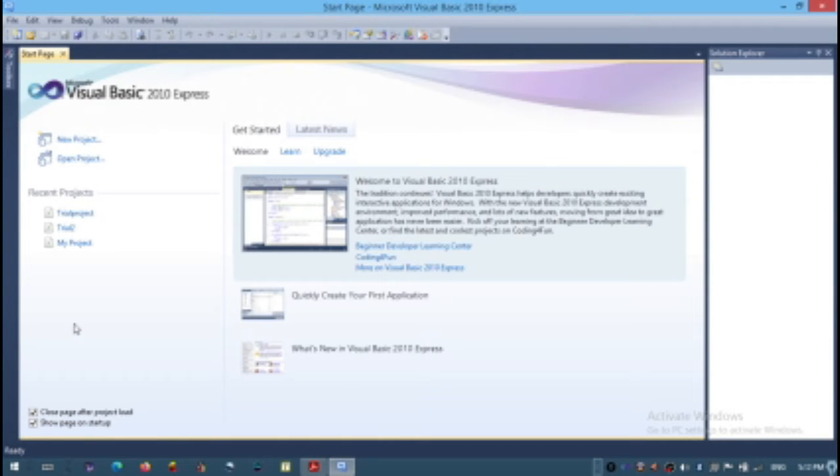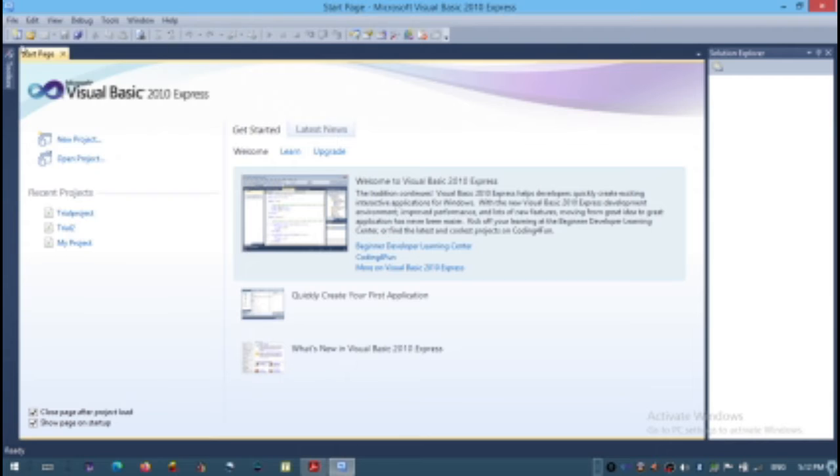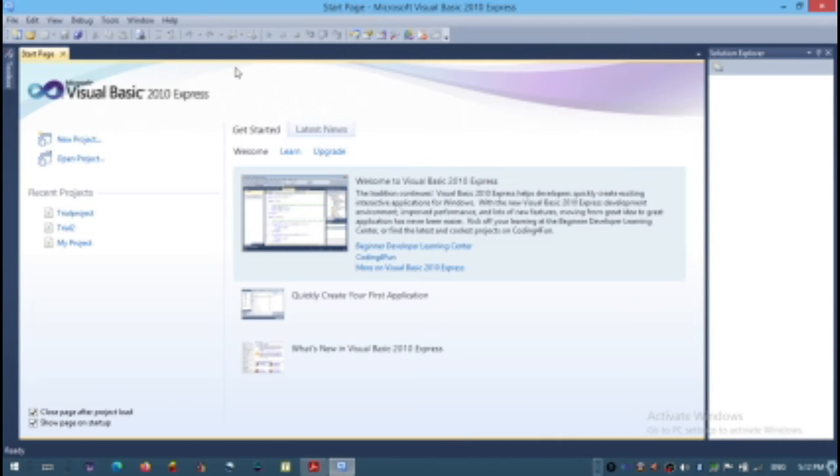Now here we have a file menu and an edit menu. We have view, debug, tools, window and help options in the menu bar. We also have a toolbar. Please see the difference between toolbox and toolbar.